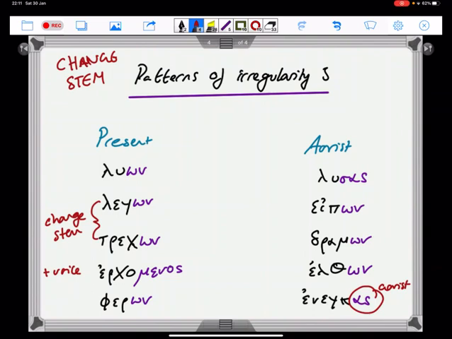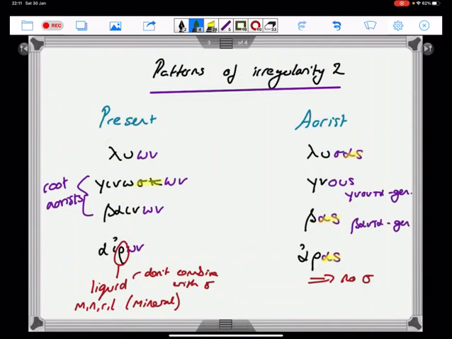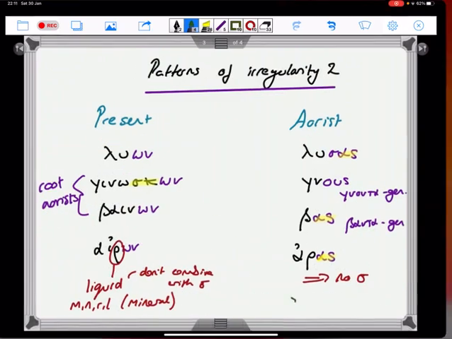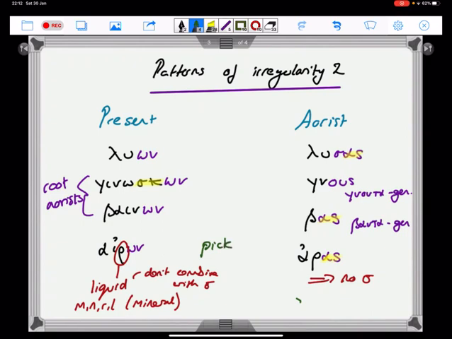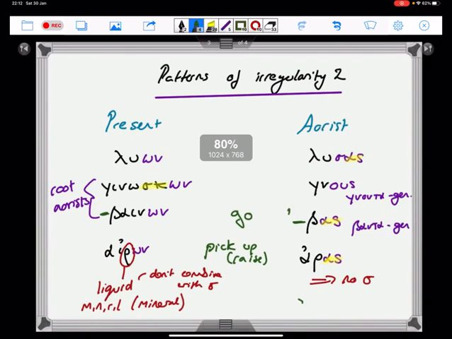Last thing we should do is actually just put in some of the meanings of these so that you have an idea of what you're talking about. Phero is bring, bear, carry. Erchomai, go. Trechon, run. This gives you dram, and that changes to drom, and that gives you things like drome in English. Legon, apone, speak. Iron, Dobson's given you pick up. I might say something like raise. Binon is another way of going, only ever available as a compound, so you will usually see it in grammar books with a line before it, a dash, telling you you're only going to see it in a compound like